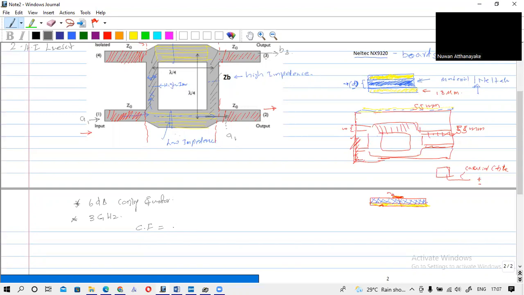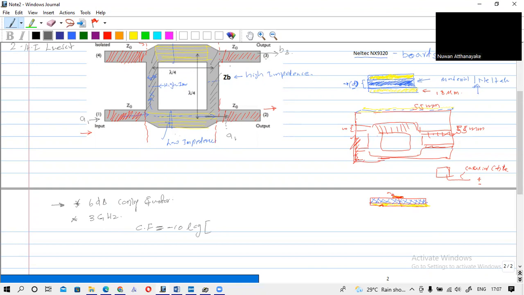We normally prefer to say this in decibel form. So it will be minus 10 log